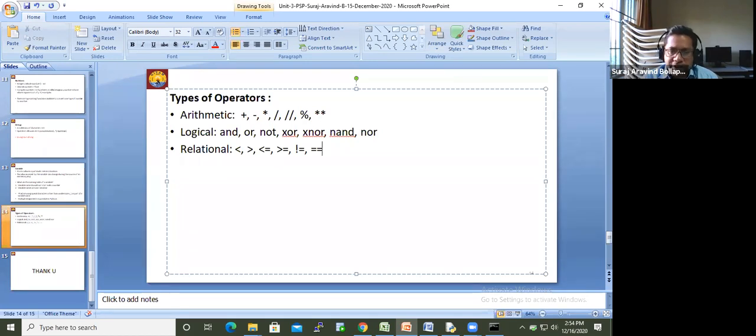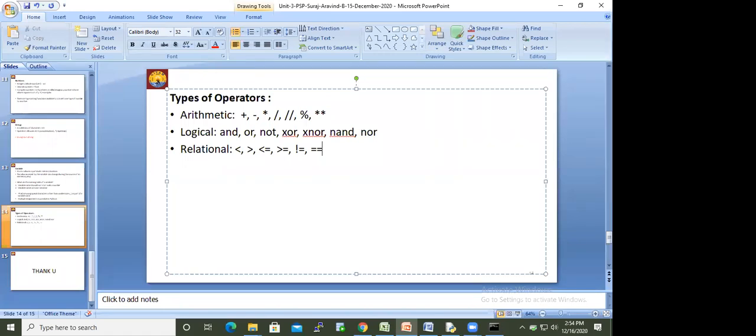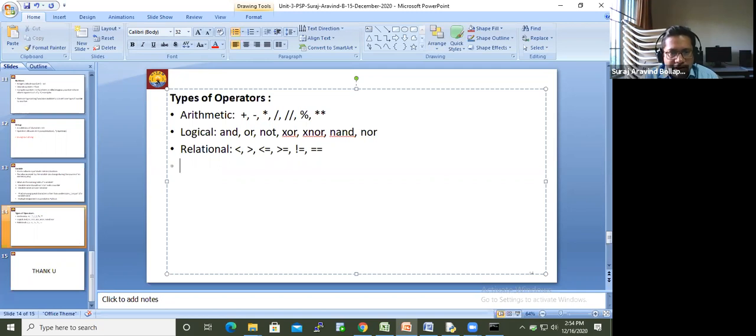So these are relational operators. Next, bitwise operators.